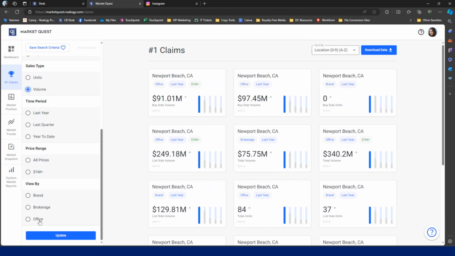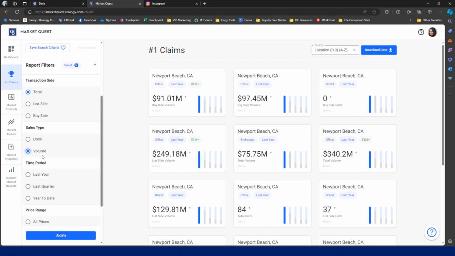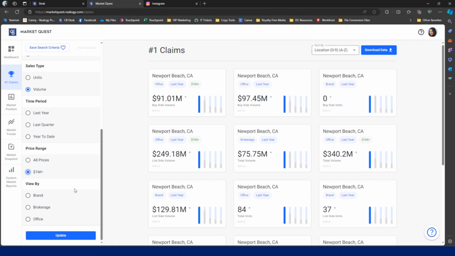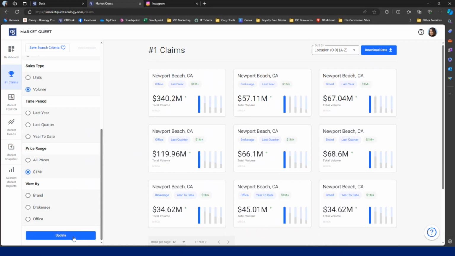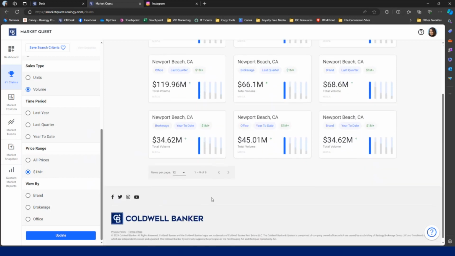So in this case, I'm going to go ahead and simply add the filters for transaction side, for sales type, and for price range. And I'm going to leave time period and view by as is. At the very end, you'll see this blue button to update. And as soon as I do that, it does immediately narrow down my results. So you can see here, I've been able to narrow down my results to only 9 number one claims to